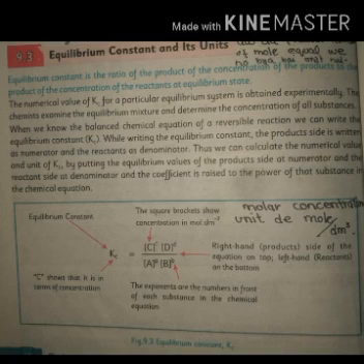Here you can learn that Kc expresses the equilibrium constant and C shows that it is in terms of concentration. The square brackets show concentration in mole per decimeter cube. The square brackets [C] to the power c and [D] to the power d show the products, while the square brackets [A] to the power a and [B] to the power b show the reactants on the bottom, while the exponents are the numbers in front of each substance in the chemical equation.